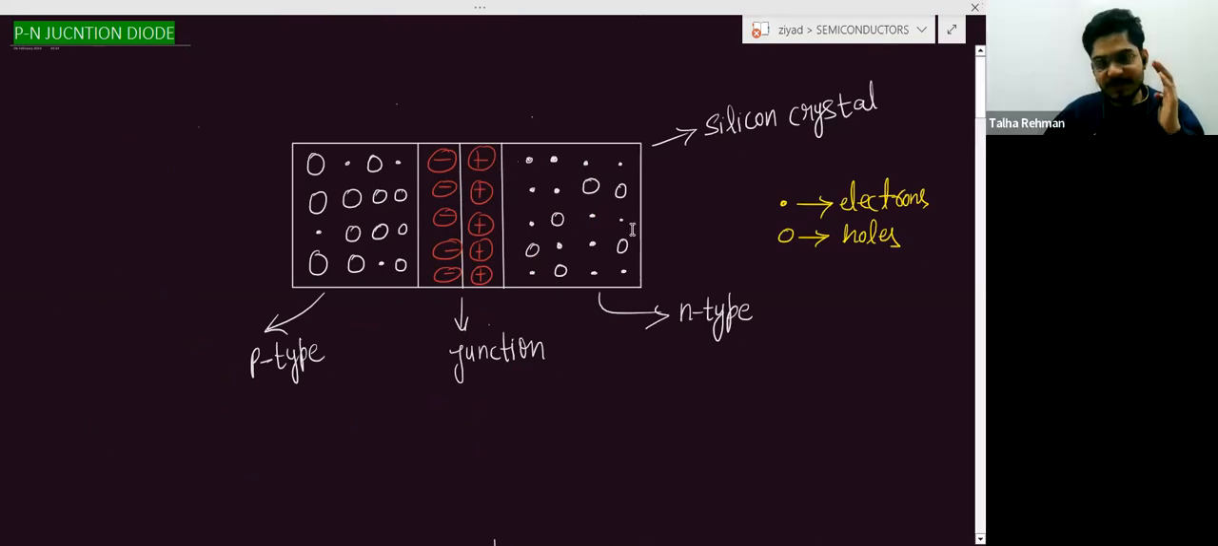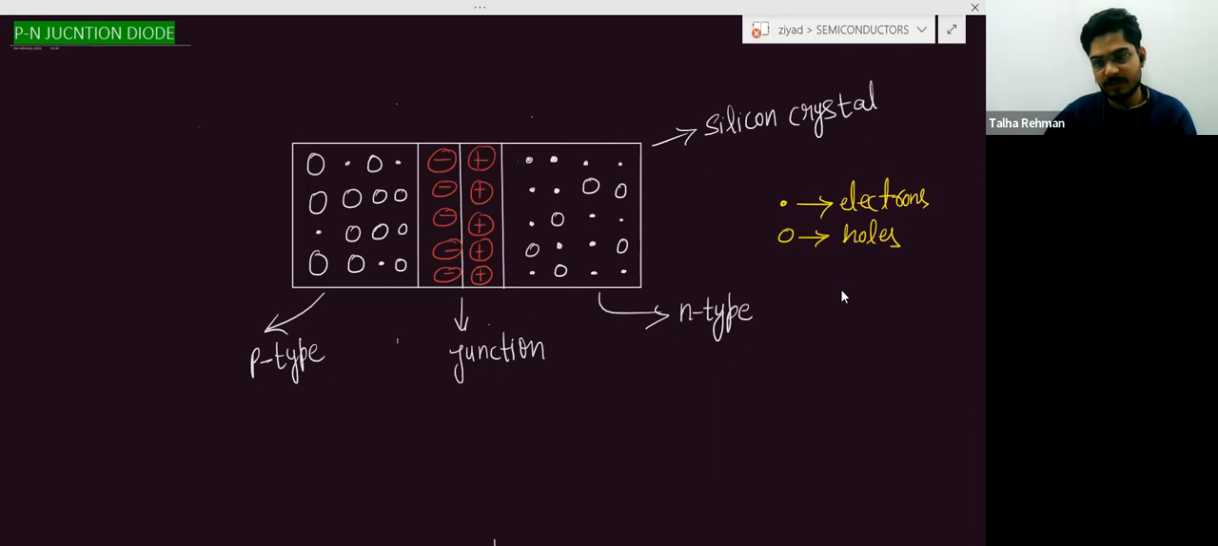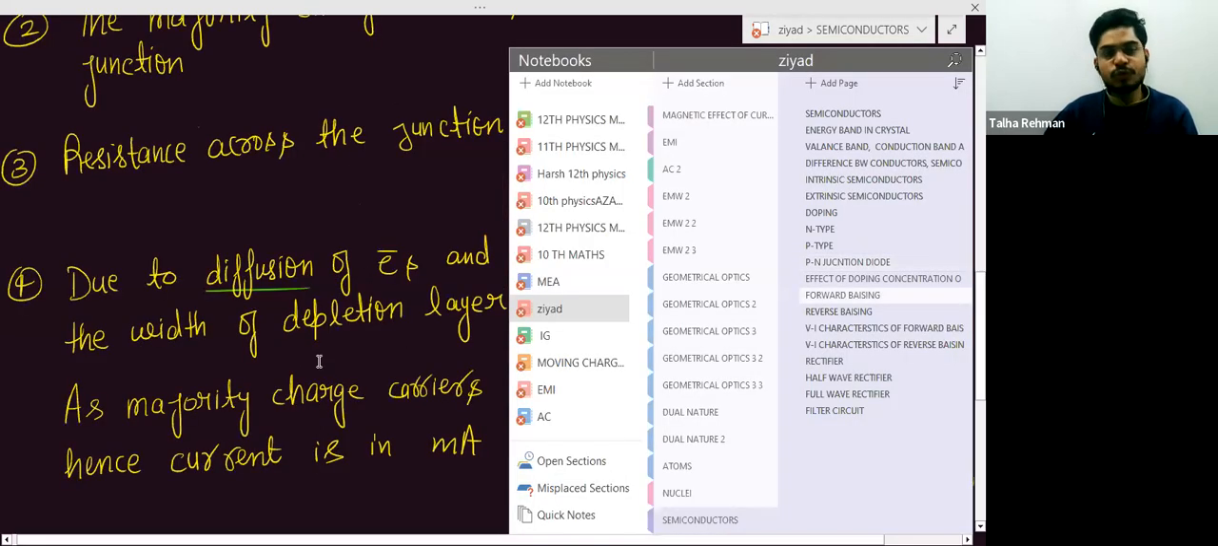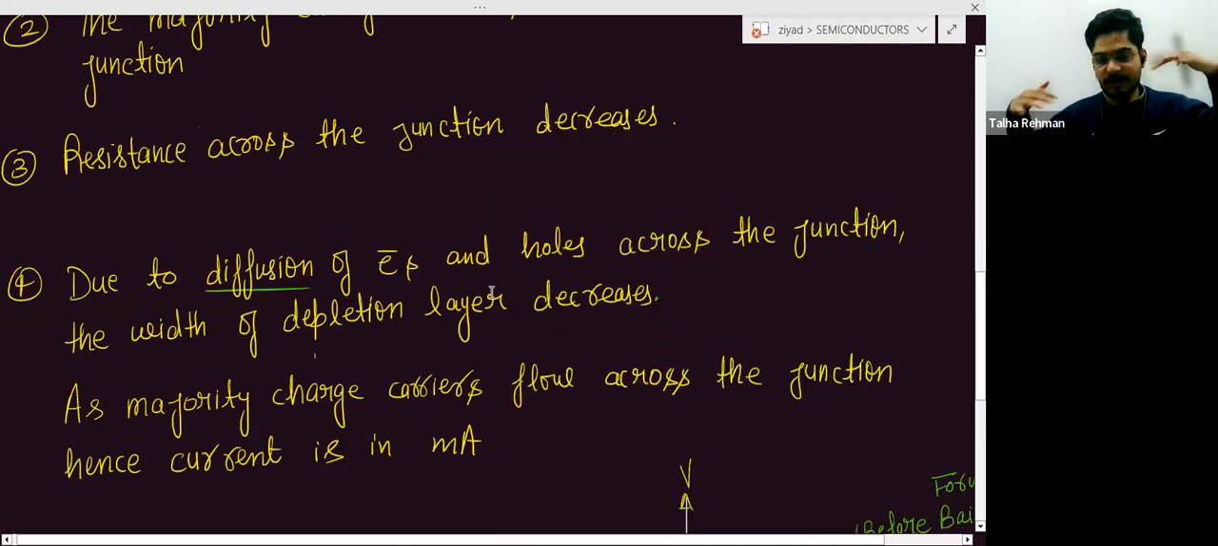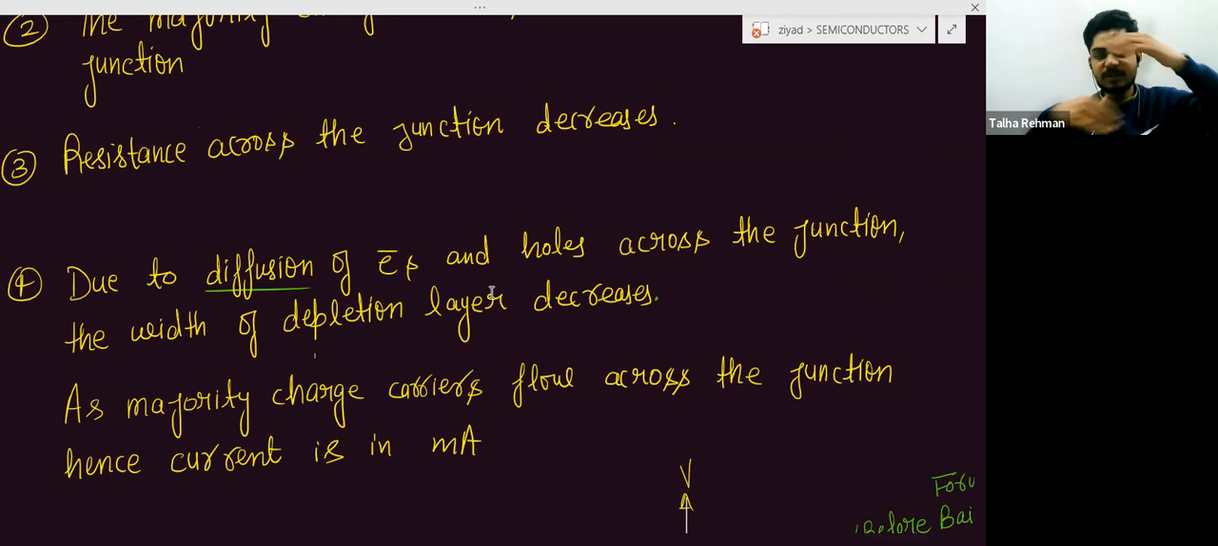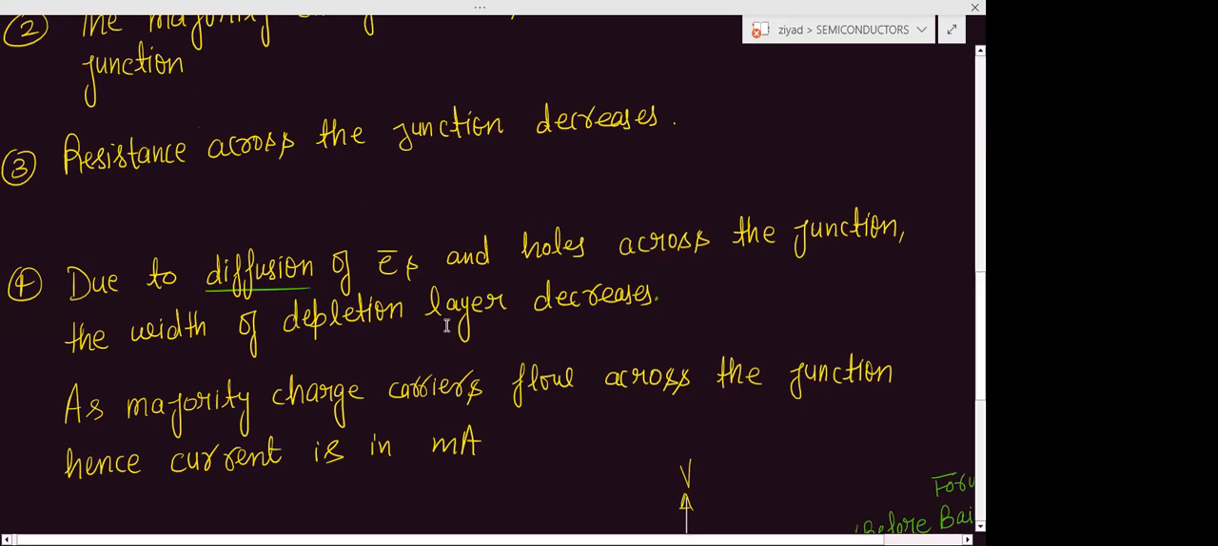And drifting means when the electron is moving from here to here, till the junction. That is known as drifting. So due to diffusion of electrons and holes, means electrons and holes are crossing or moving, holes are moving like this, electrons are moving like this, across the junction, the width of the depletion layer